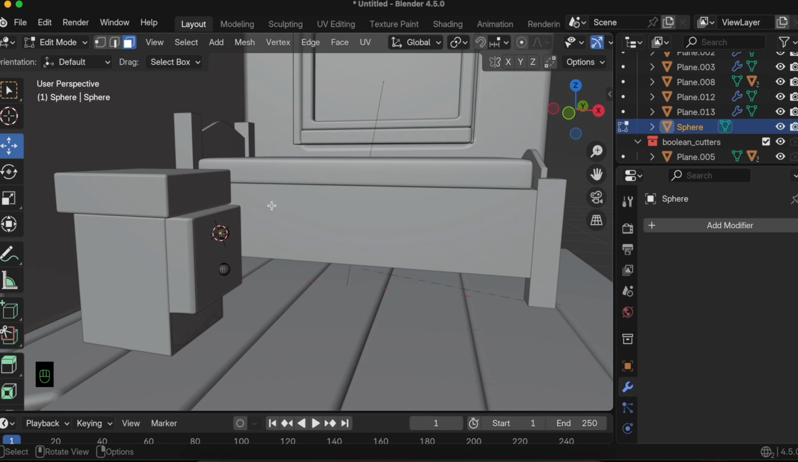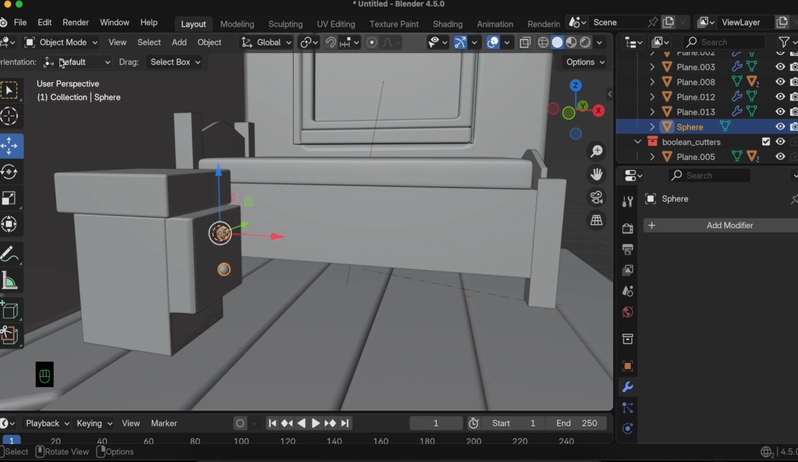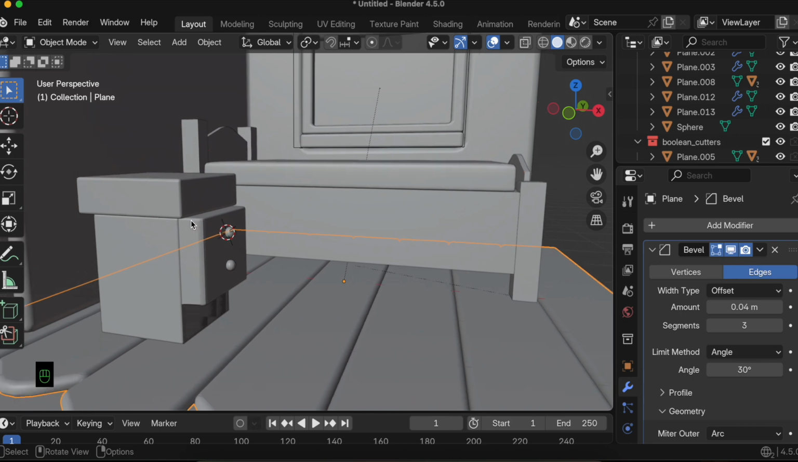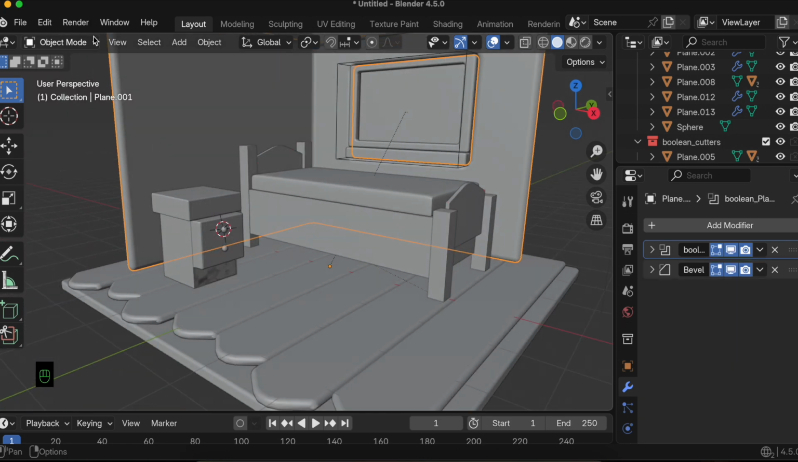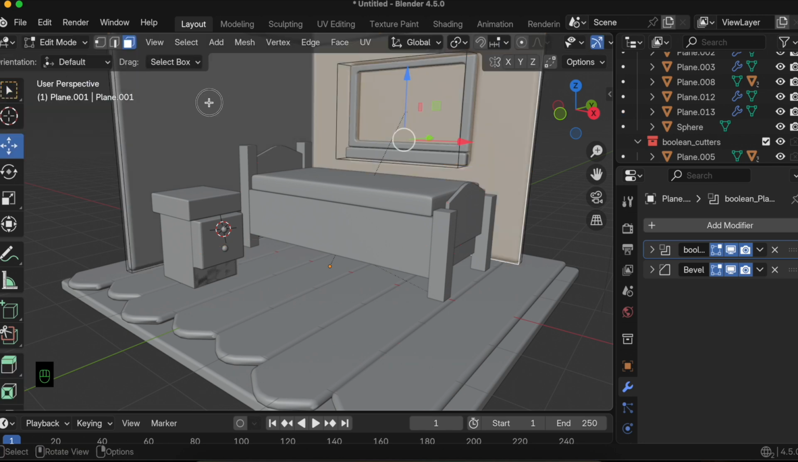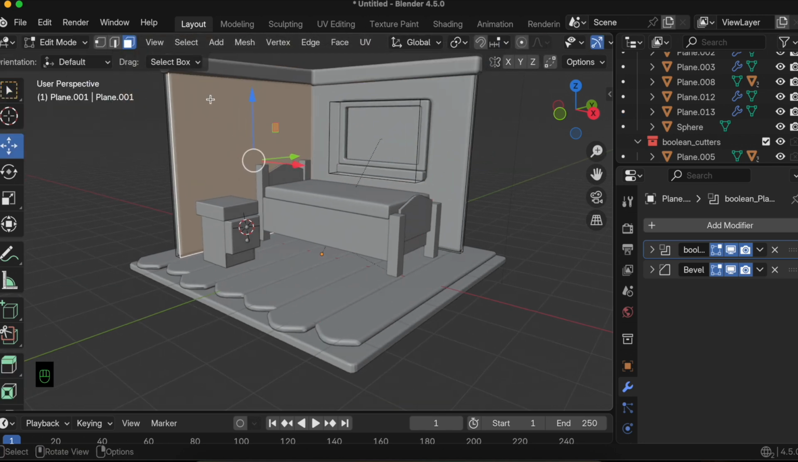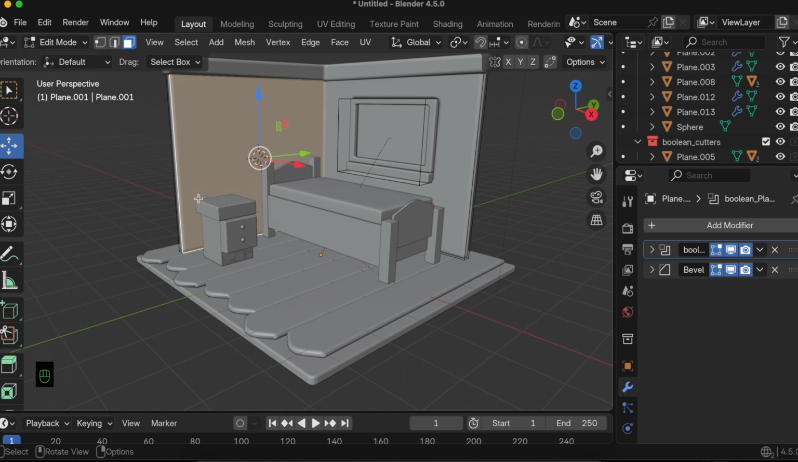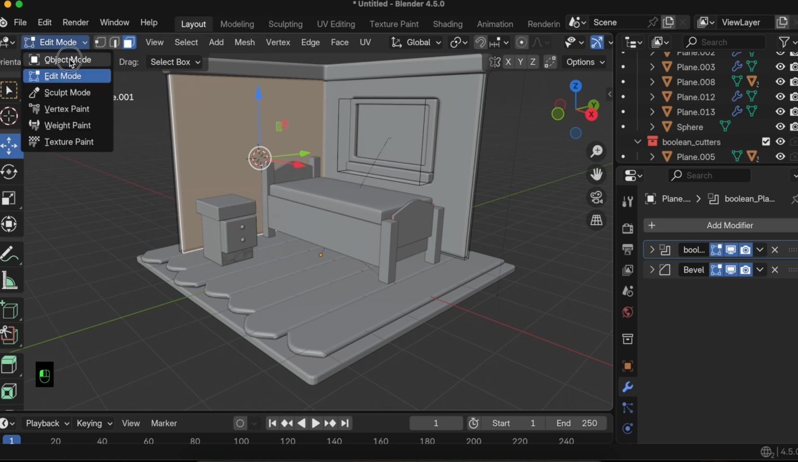Okay, then let's go back to object mode. Let's just click on this, then let's select our other wall, go to edit mode, select this wall. Okay, and here again do Shift S, cursor to selected. Then let's go back to object mode again,